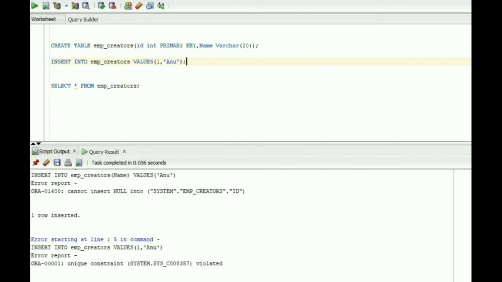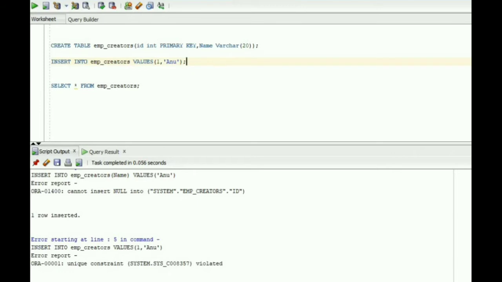It is giving an error, that is unique constraint violated. It means you cannot insert duplicate value in a column because I have created a primary key in a column ID. So primary key constraint automatically has a unique constraint. It means all the values in a ID column should be unique.